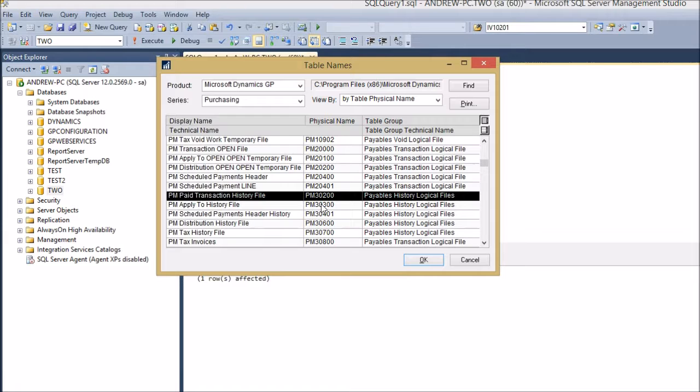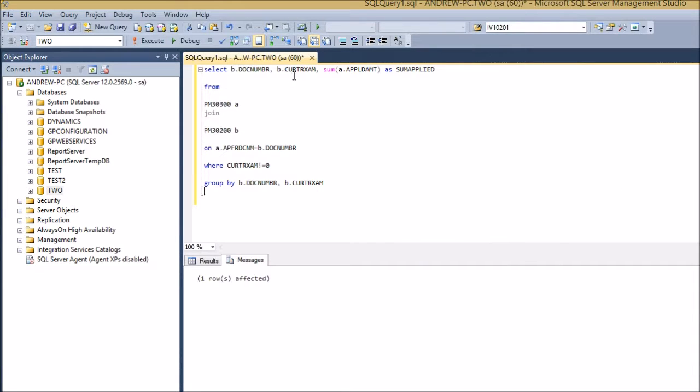If we have something that went to history where current transaction amount of the table header, invoice header or payable management header, to say in general, is not 0. And let's link it with apply from documents. This is the link, and this is the condition, and we have to group because we will summarize, as you can apply payments from several documents to one, let's say, invoice. Here's the query, and let's try to execute this query.